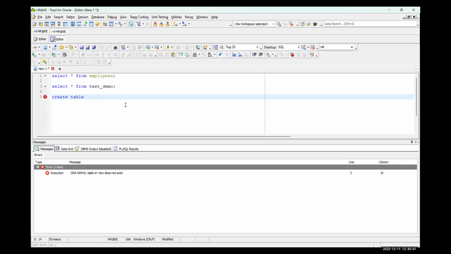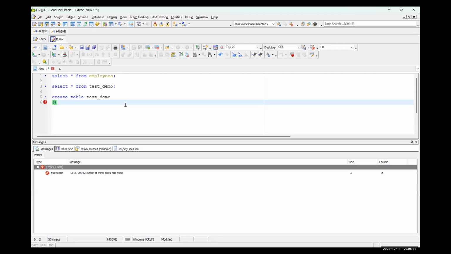Okay. So I am just creating a table. Create table test demo. Now I'm creating a test demo table in which I will give whatever fields, whatever columns I require. So I want EMP ID. I'm giving the data type number for that EMP ID, with size 3. Then ename,